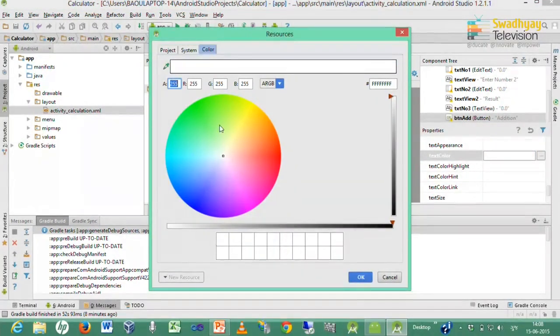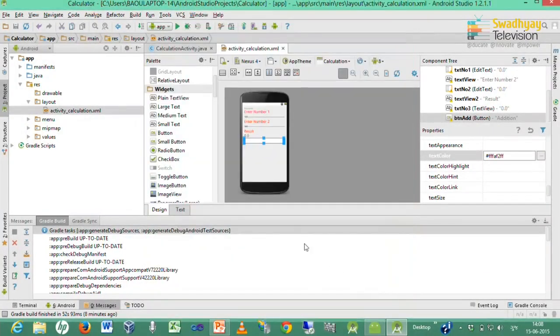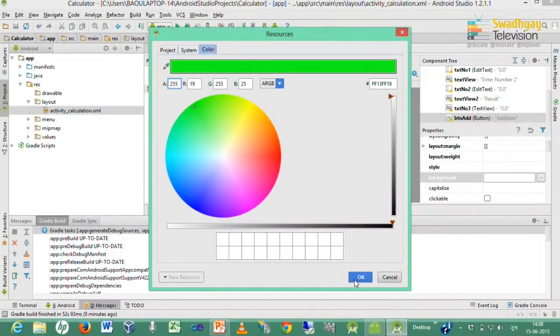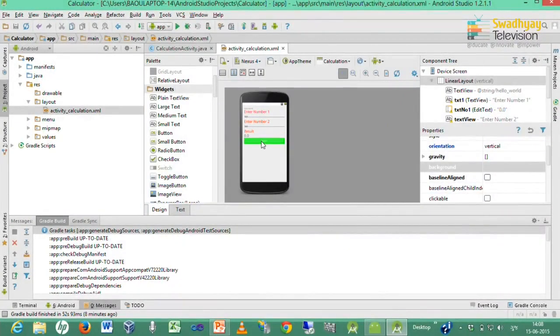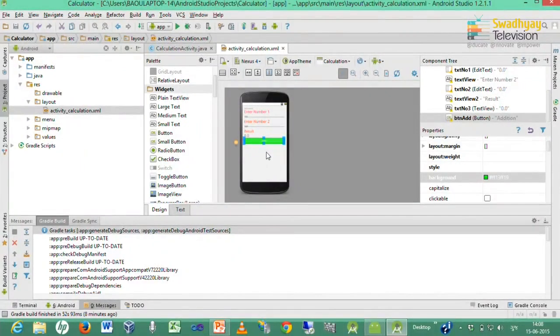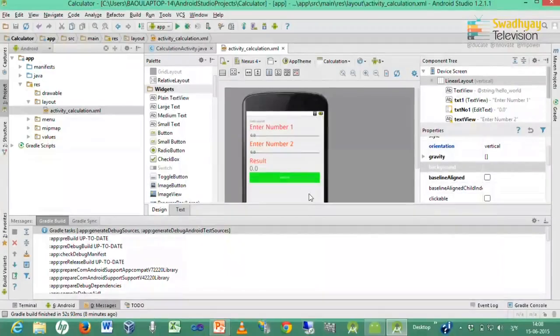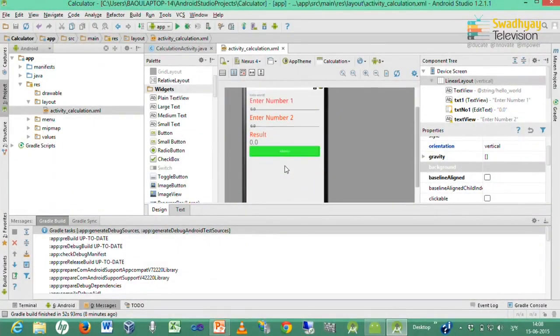Here you can select the text color and likewise you can also change the background. So here you can see one button is there with the caption addition. Now I am dragging another button for subtraction.